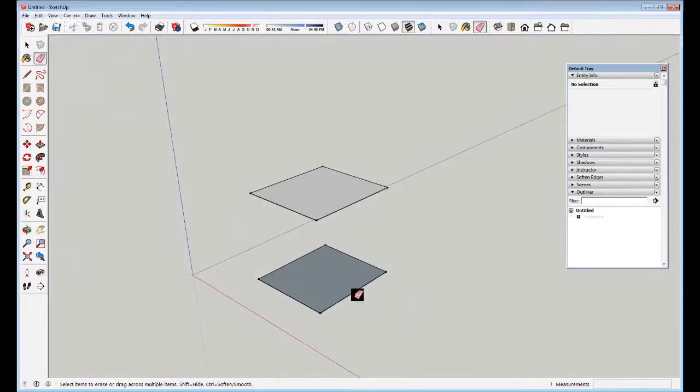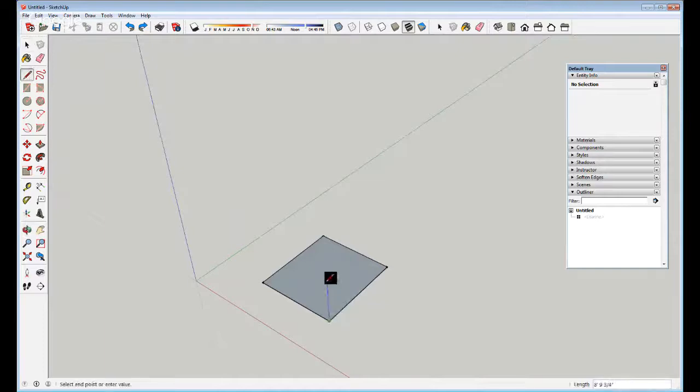quickly. The other way we could have done this, if I go back to the original plane, is I could just start drawing and hover over here to make it easier to snap. So now I know that all this stuff is in line. I could do this, go over here, do the same thing, and I could come over here, and either this one or this one are at the same height. So I know that as long as I hover over one for a little bit, come up, it's going to be right there. So then I connect all these, and then as soon as I do this,